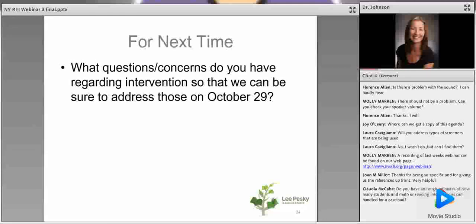So Claudia is asking, do I have a rough estimate of how many students in math or reading interventions can be handled for a caseload? I feel like my answer to everything these days is it depends, but it kind of does depend. So again, ideally we keep our intervention teacher-to-student ratios at that 8 to 12 students to one intervention specialist, and that's because our kids who are struggling need more intensity, and yet the literature at middle and high school has found those slightly larger recommendations than what we usually say, because usually we say 3 to 5 at elementary, but those slightly larger at the older grades,